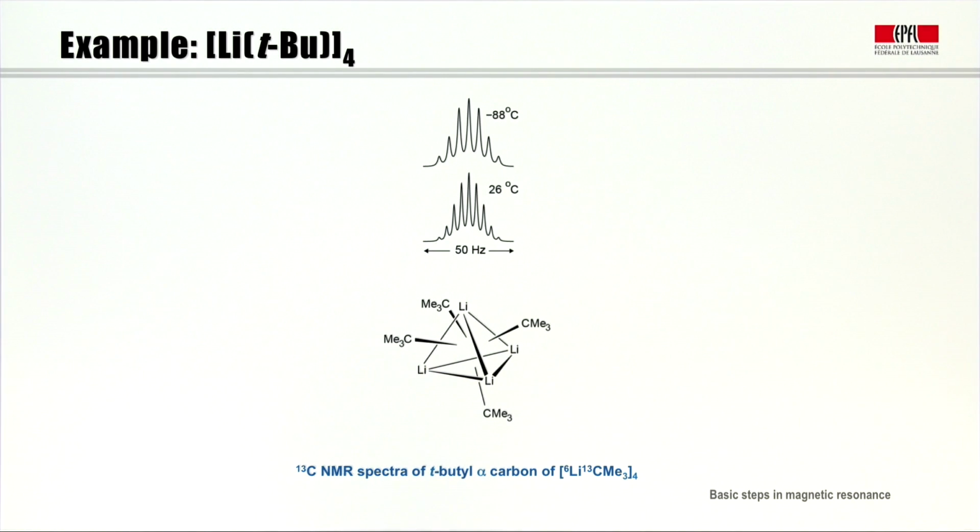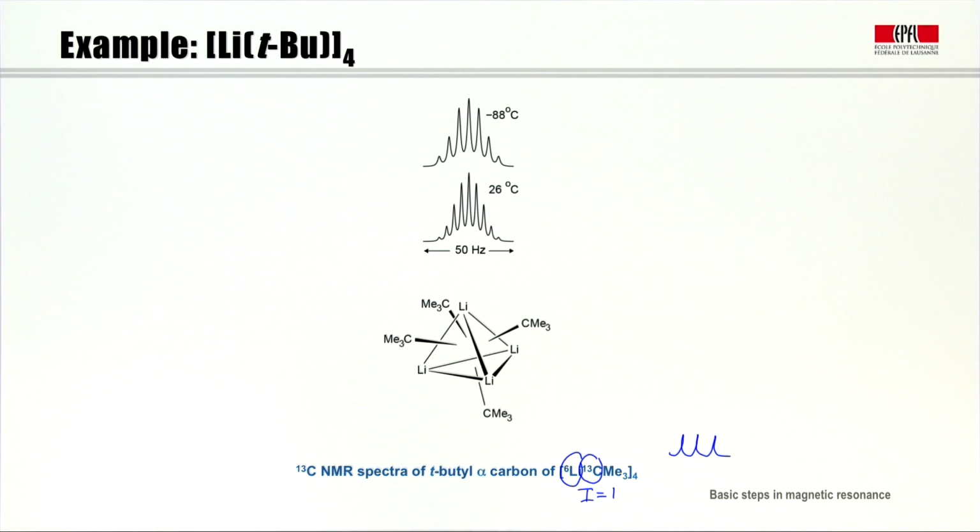So the next example in this chapter has already been discussed in an earlier chapter about scalar couplings between spin 1/2, such as carbon-13, and quadrupolar spins, such as lithium-6 in this case. So lithium-6, to remind you, has a spin of I equal 1. It therefore has three possible states, m equal +1, 0, or -1, and consequently the neighboring carbon-13 here, if there were only one lithium, would be split into a triplet with 3 equal intensities, so this is known as a